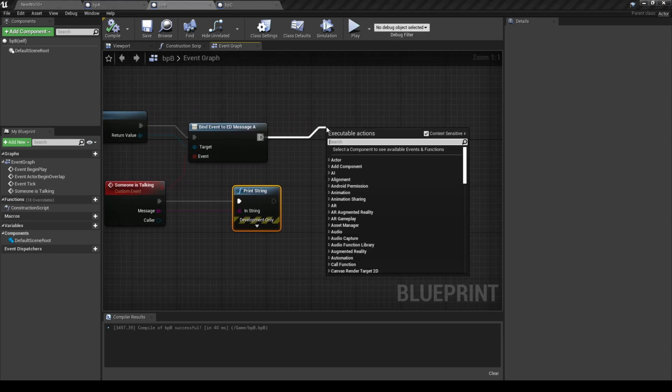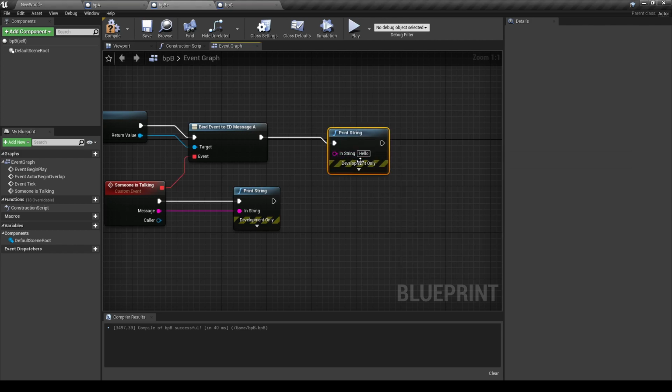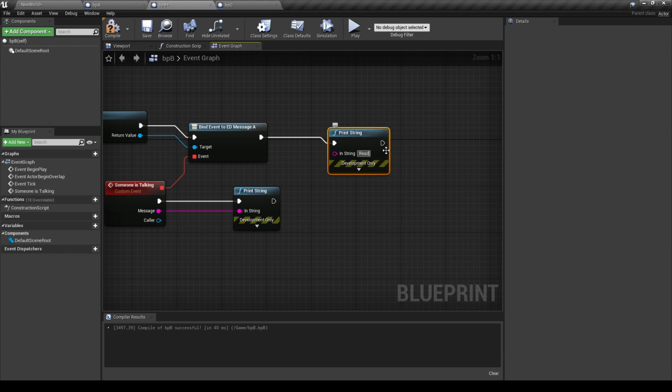So here I will just add a print message to notify for the demo that the event dispatcher is ready. Ready to receive message.